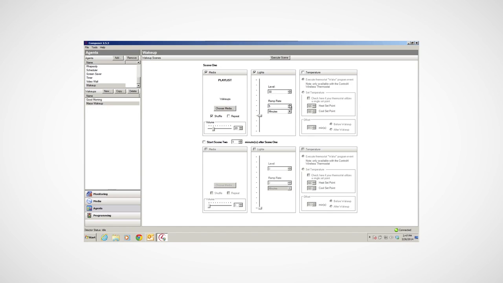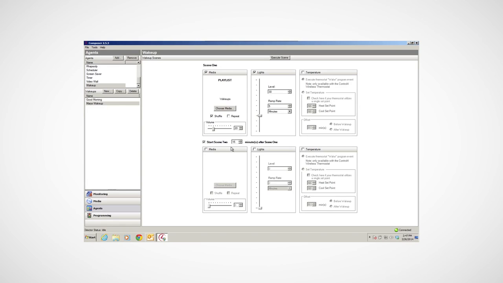You can set up a second scene. I like to use my first scene as a snooze. The playlist turns on, it slowly pulls me out of my sleep. Now if I want to, I can use a room off, stop, or pause the playlist so I can sleep for a little longer. Here I can set Start Scene to 15 minutes after Scene 1 because I like to